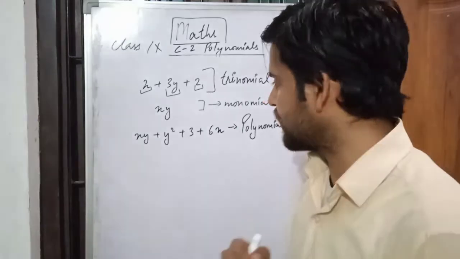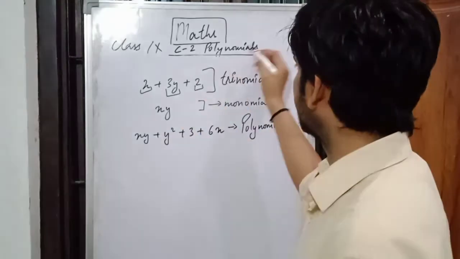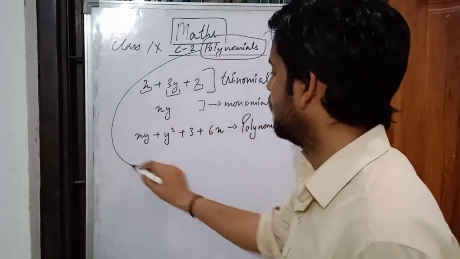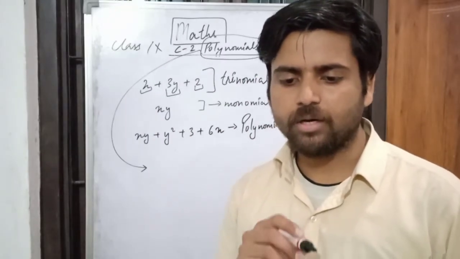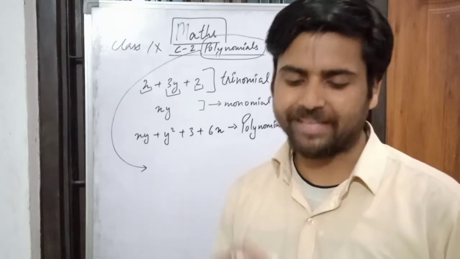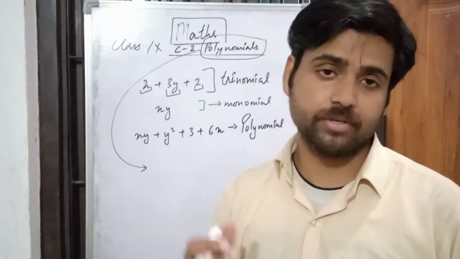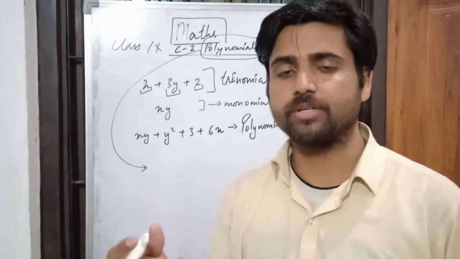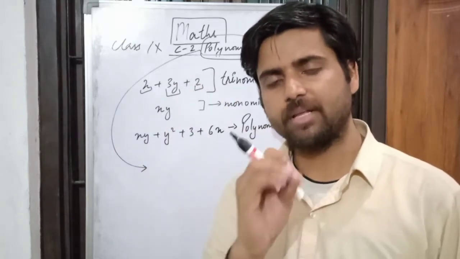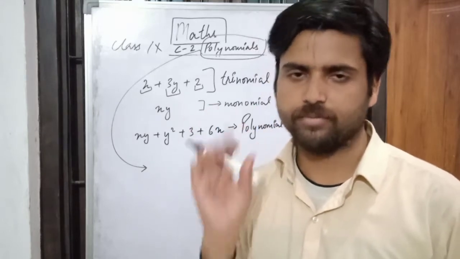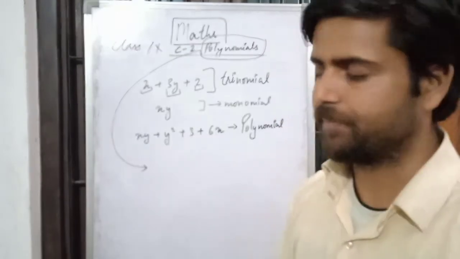So first of all, what actually a polynomial is, I have told you. Here in this chapter we'll be dealing with a specific polynomial. What will that be? The polynomial in one variable. The expression in one variable. Now that expression may have a single term, 2 terms, 3 terms, 4 terms, whatever number of terms, but that expression will have only a single type of variable. So that kind of polynomial we are going to study.